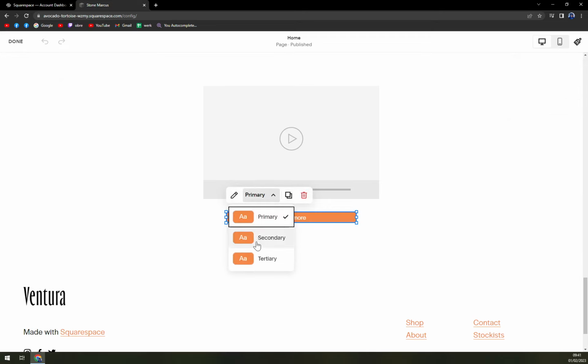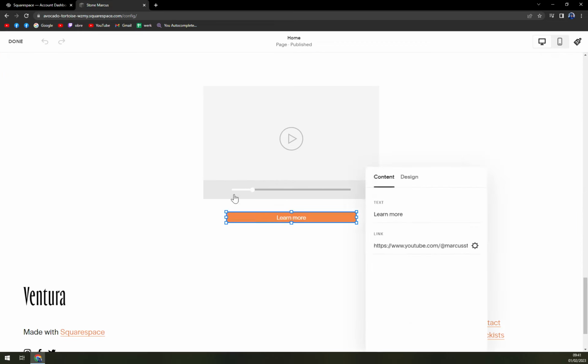We already decided that it's primary, and also we don't want to duplicate it, but we want to edit it. We're gonna click on edit. We see that we already gave them a link, and then click on design. So it's primary button. You can fit or fill, for example, and then